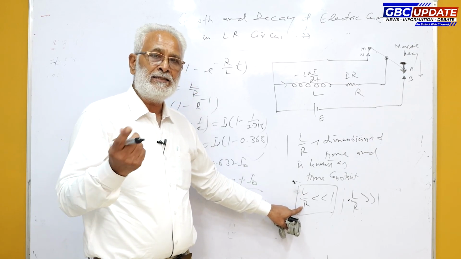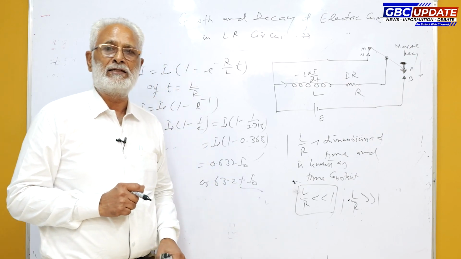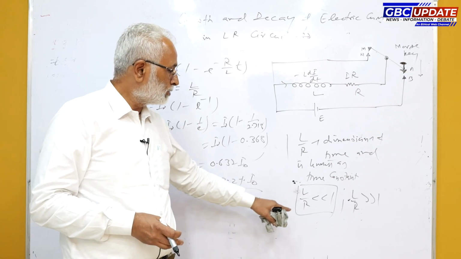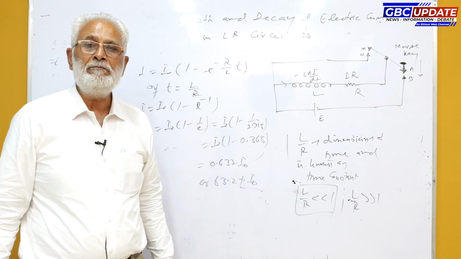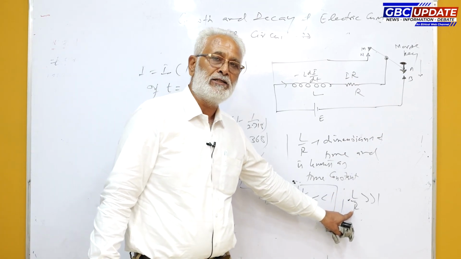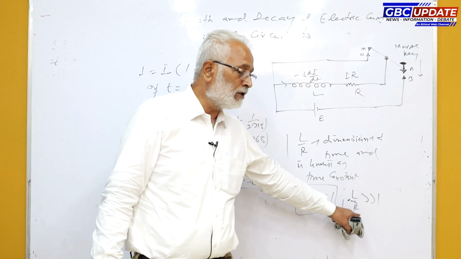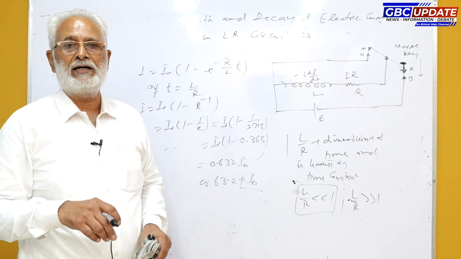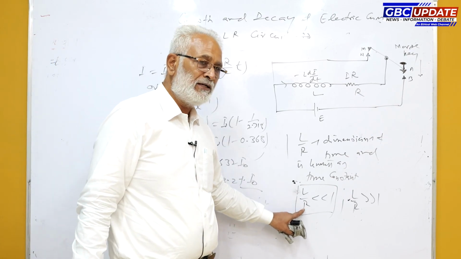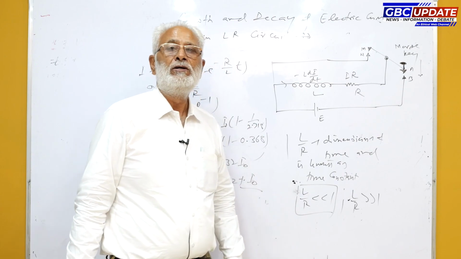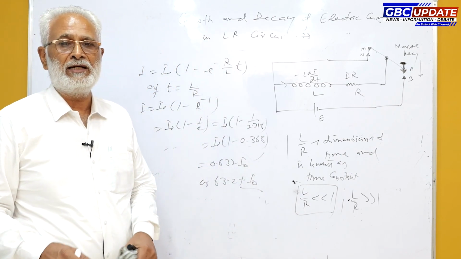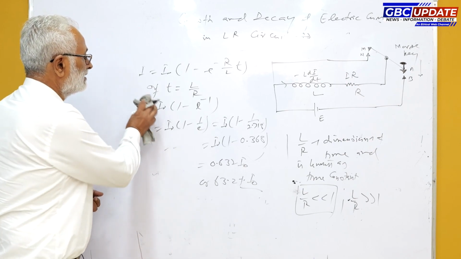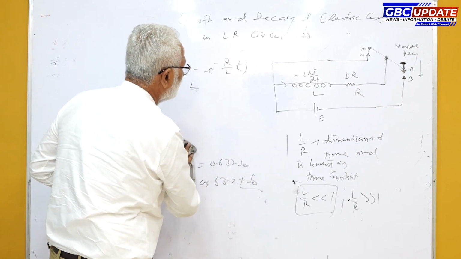If L is large, then the time constant is large, and the opposition to the growth of electric current is large, so current will take large time to become maximum if L over R ratio is large. So growth of the electric current will be slow. If L is small, means L over R ratio is small, then current will take lesser time to become maximum. So there is sharp rise of electric current in the LR circuit, and the variation of this electric current with